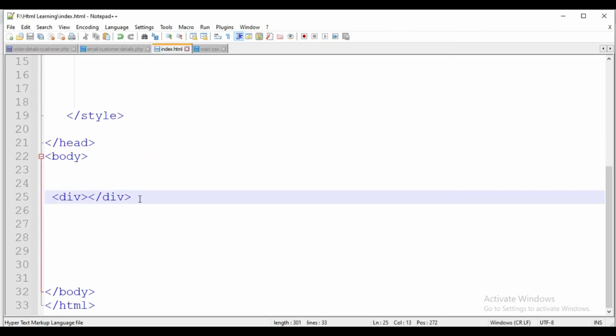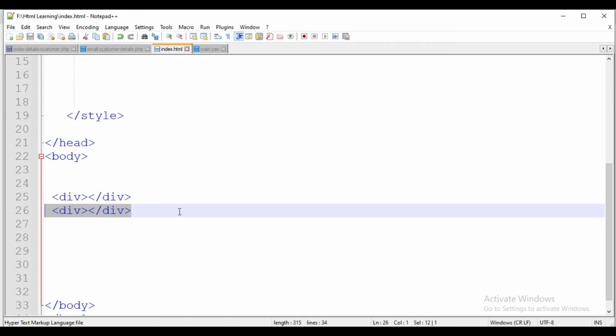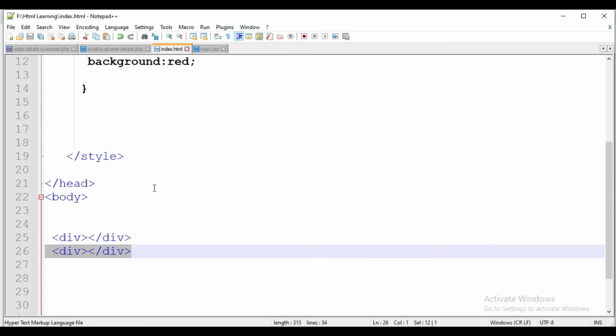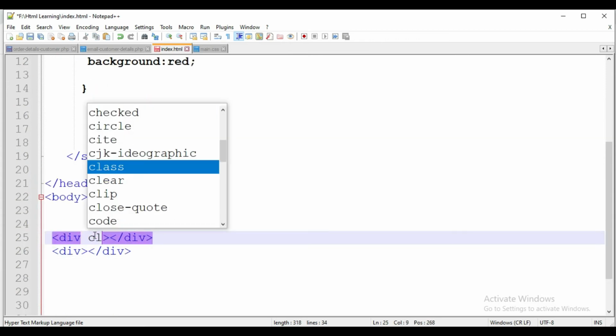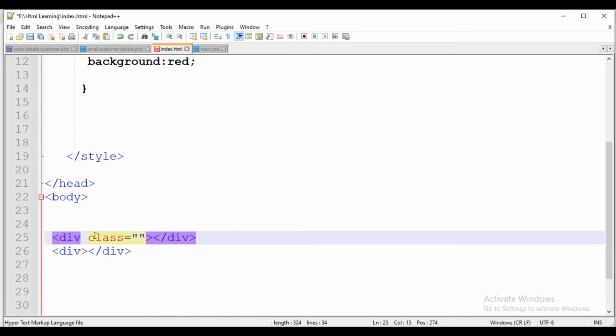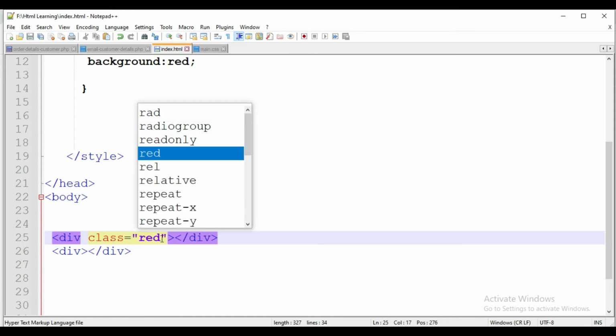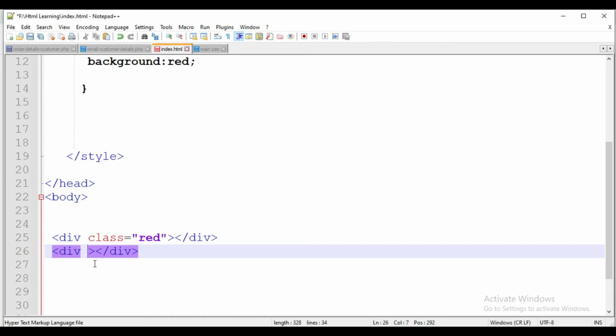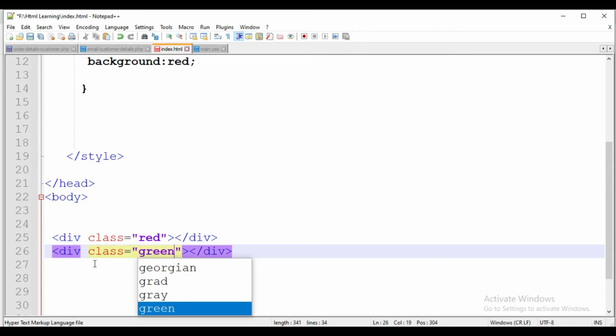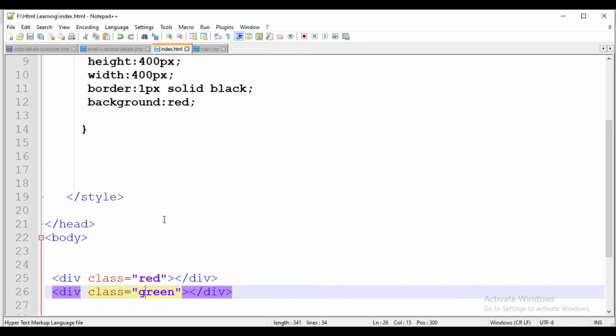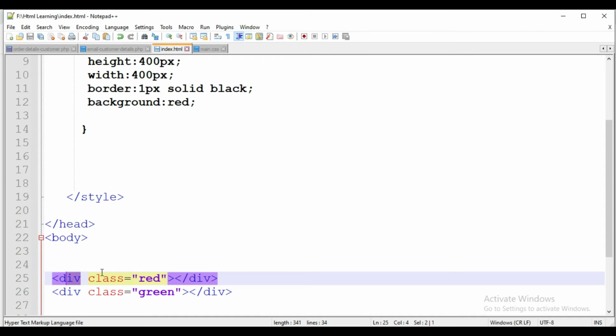So if I'm going to duplicate the div and I want to apply green color to the second div, what will I use? For this I will use class attributes. Here I apply class red, you can name anything as you like, and for the second one I am going to apply the class green. So if we apply a class, then we cannot style it like div, we cannot select div, we have to select with its class name.